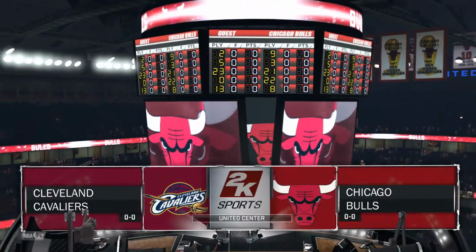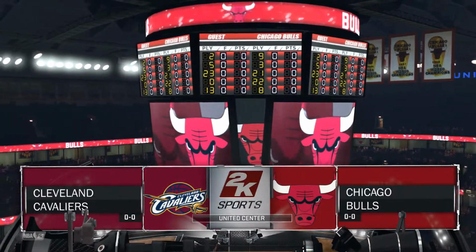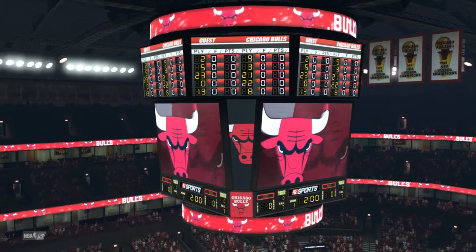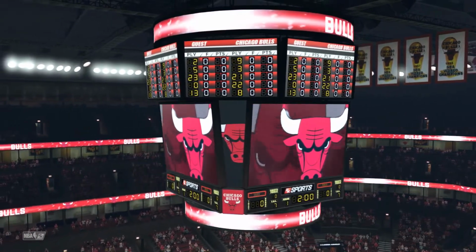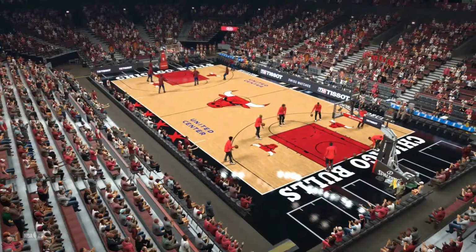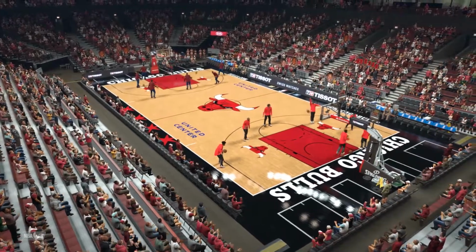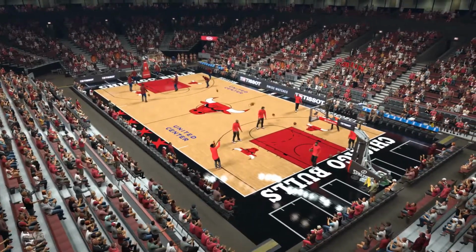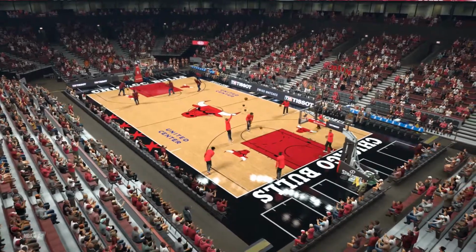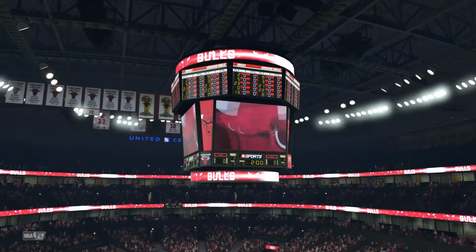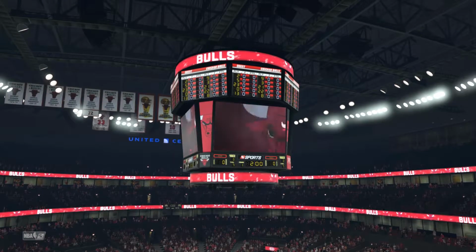We're live, the home of the Chicago Bulls, the United Center. And get ready for another dose of NBA basketball on 2K Sports. I'm Kevin Harlan. We've got Steve Smith and Greg Anthony alongside. And our sideline reporter tonight, David Aldridge. And as things get ready to roll, let's catch up with David Aldridge, who's on the sideline. David?